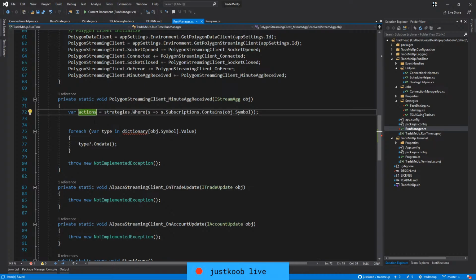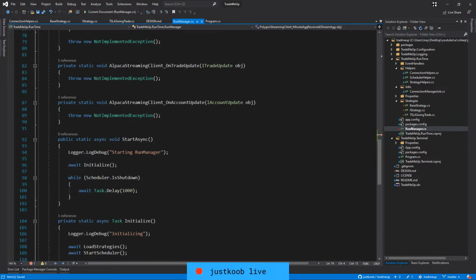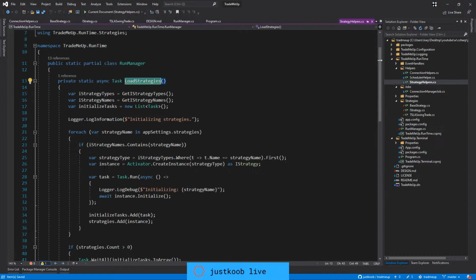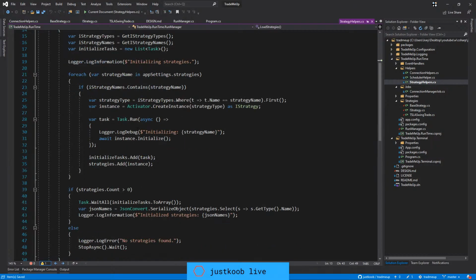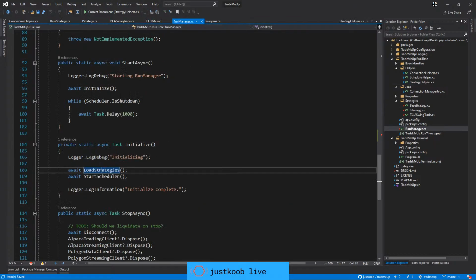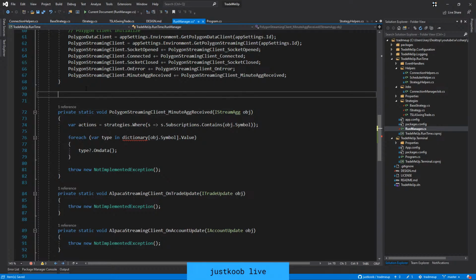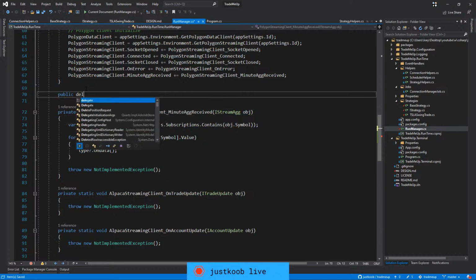Right, so the other way is to, when we load strategies, start getting all these symbols that we need to subscribe for added to a dictionary. So we add them to a dictionary, and then that dictionary object would be a generic delegate, and then we can add the onData method to it. So we can have a delegate. We'll just put it right here for reference, right above it, and we'll move that later if we want to. So public delegate